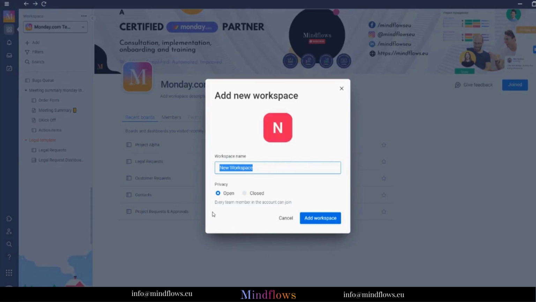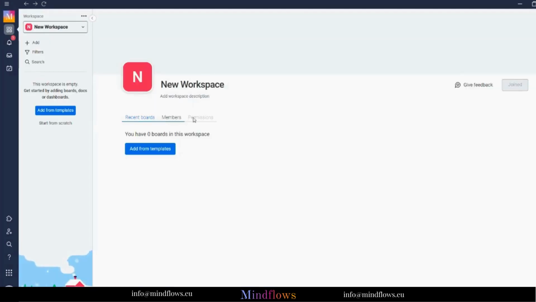Open Workspace is available for all plans. With it, all your team members can freely join. While in a closed workspace, team members can join by request or invite. Click Add Workspace. Your new workspace may be empty for now, but you can always add templates from this button